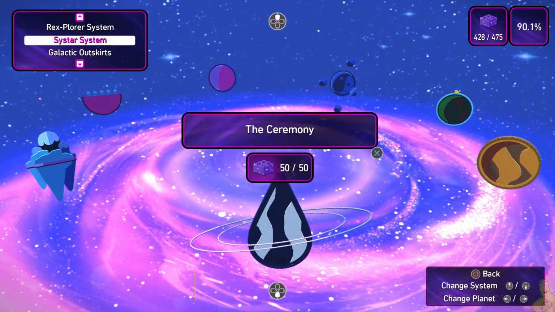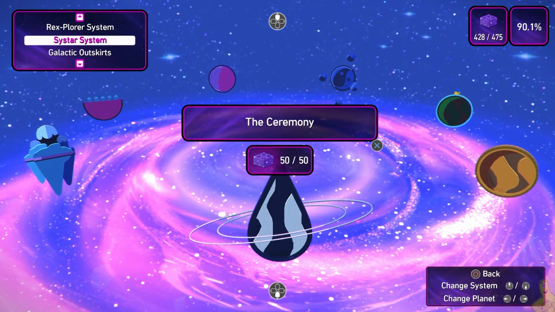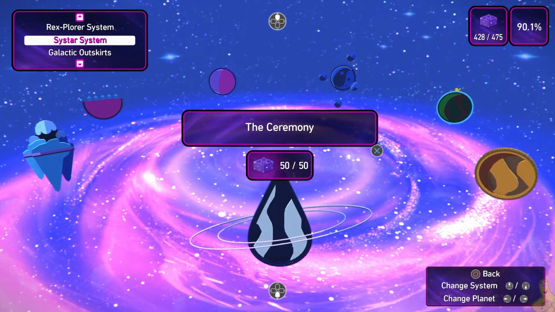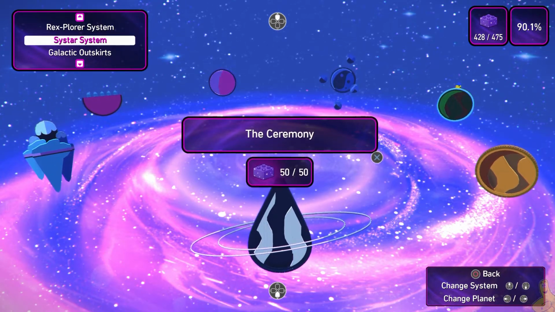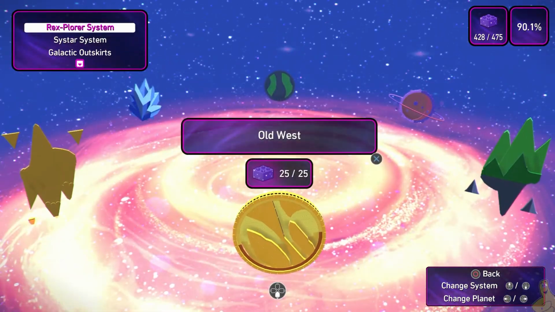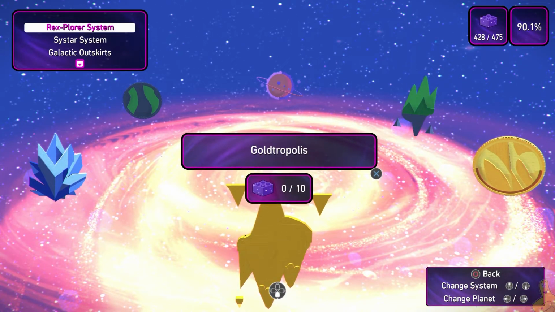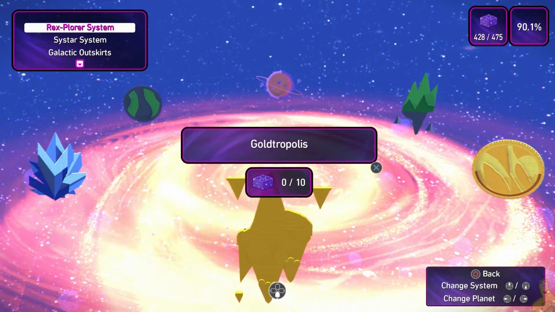As you might remember, there are only 10 gold bricks scattered throughout here. But in order to get here, we have to have 400 total purple bricks. In our case, we have 428, as you can see in the upper right-hand corner. We're going to scroll up to the Rexplorer system and over to Goldtropolis. Select it if it's available to you, and let's jump right in and get some of those